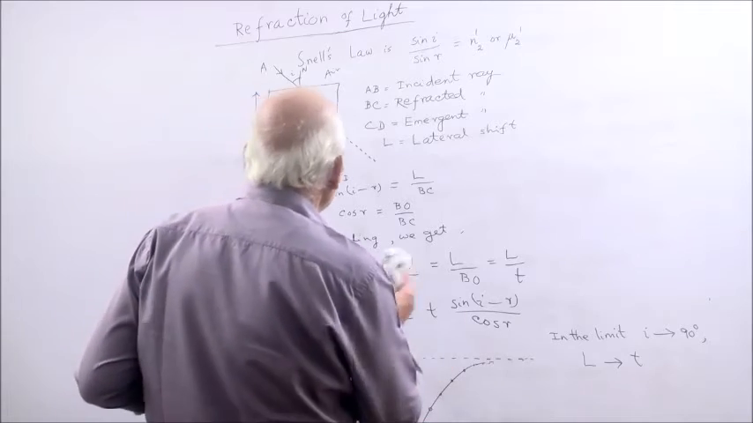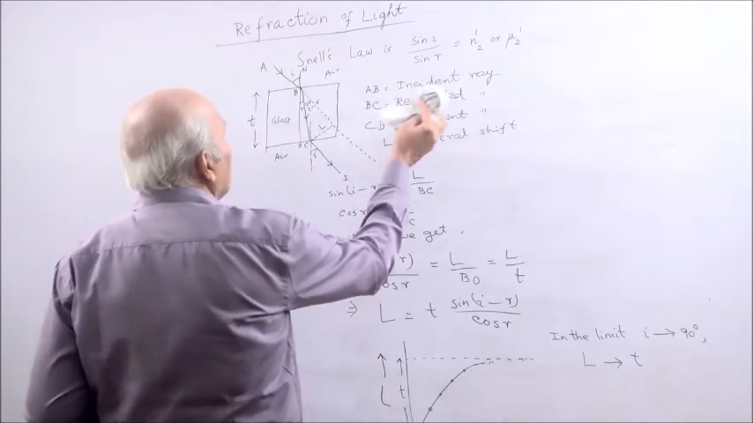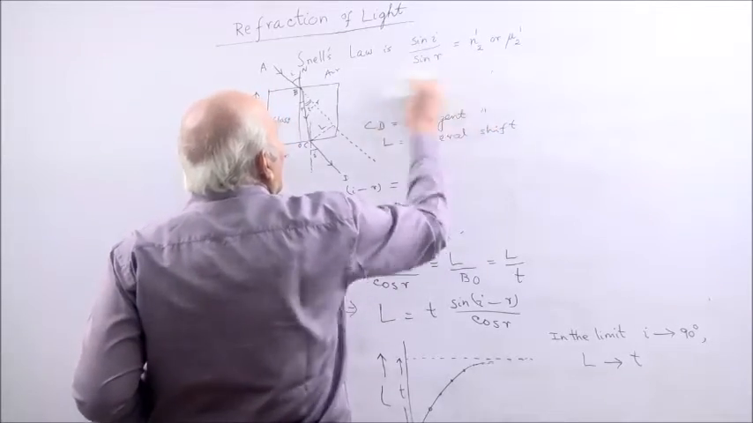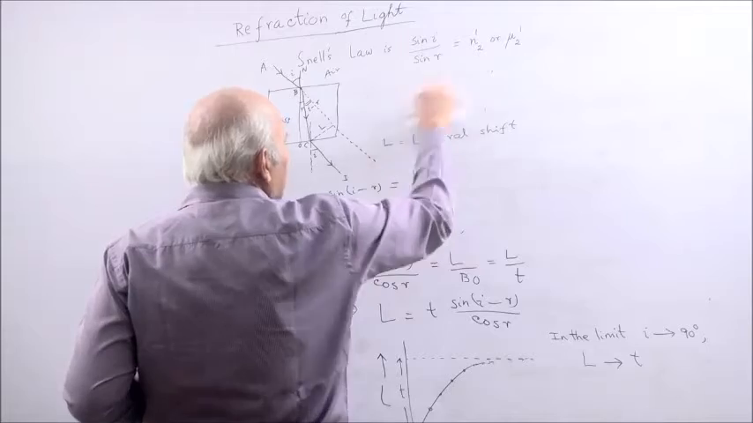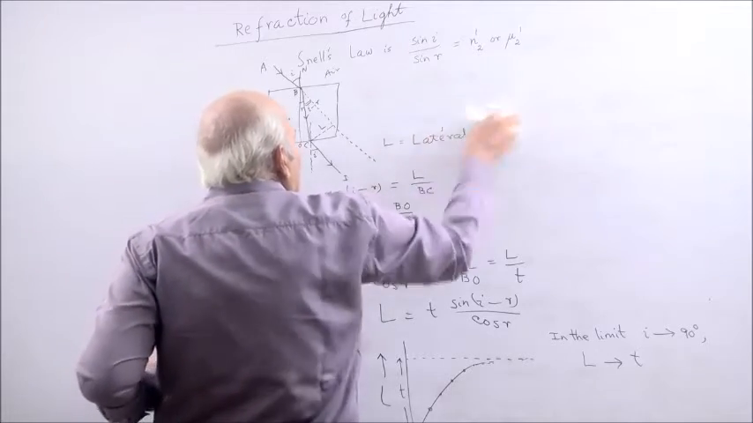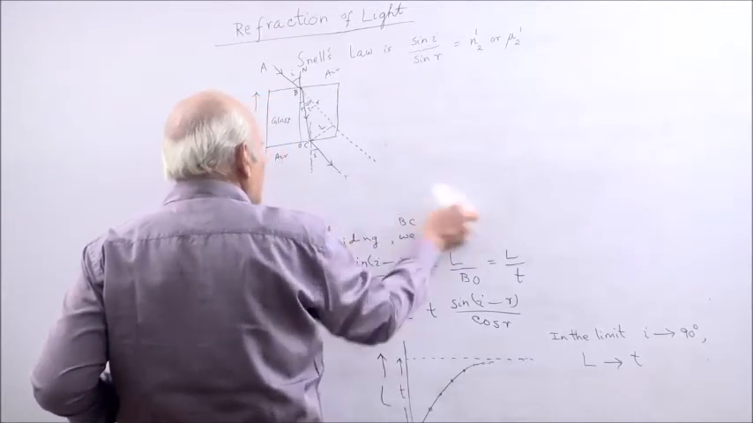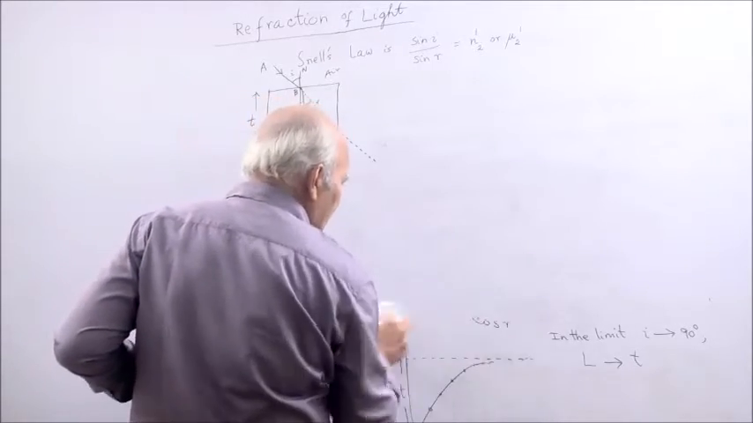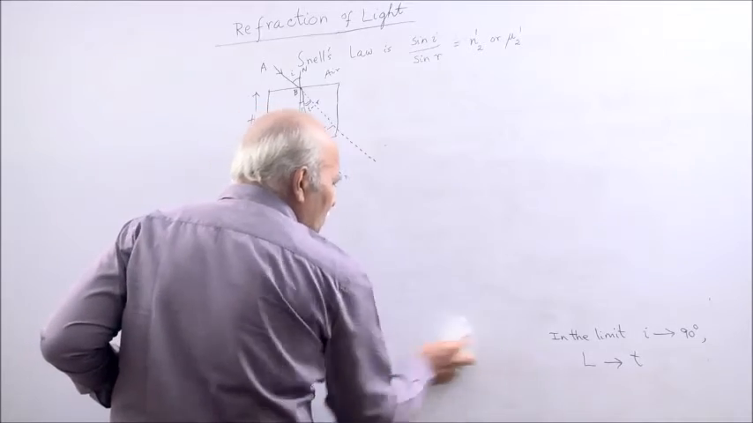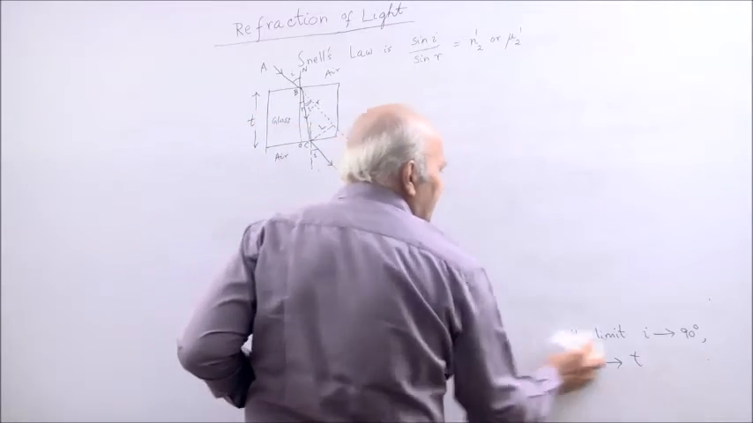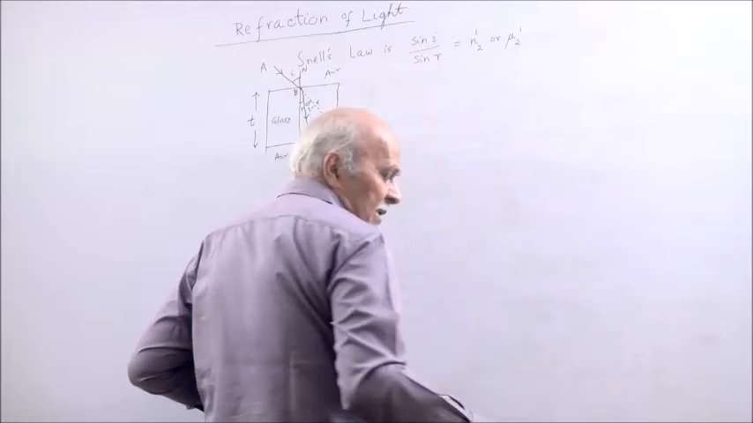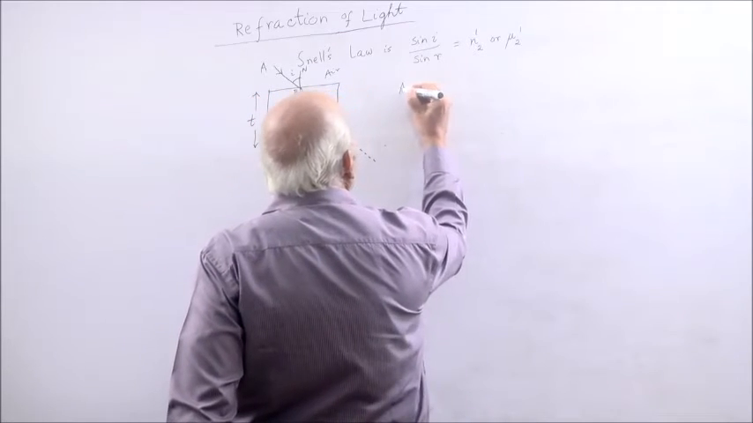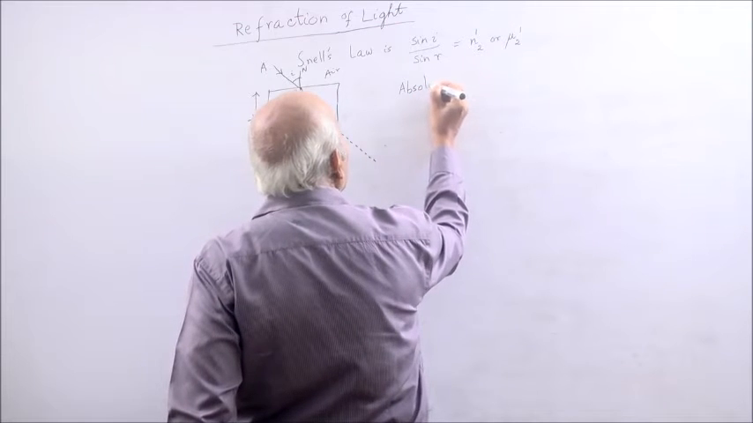So this is about a little bit of the elementary ideas of refraction. Then you come to the refractive index. So what is the refractive index? There are two types of refractive indices. One is absolute refractive index and the other is relative refractive index. So, by definition, absolute refractive index